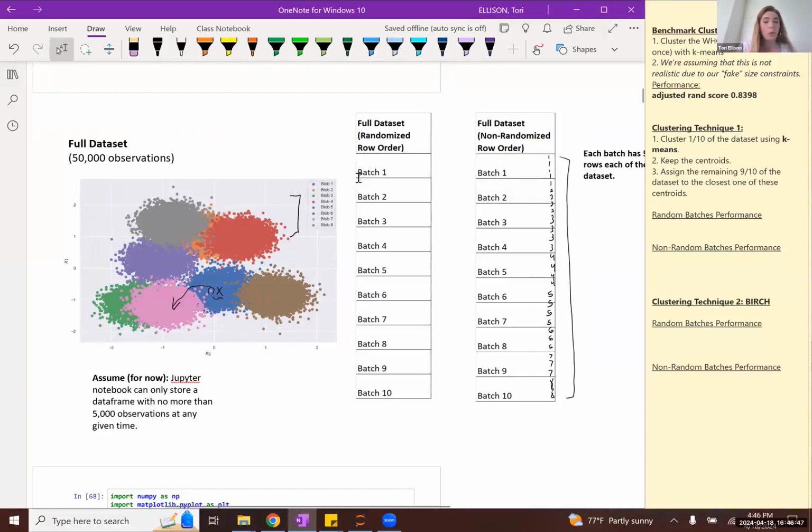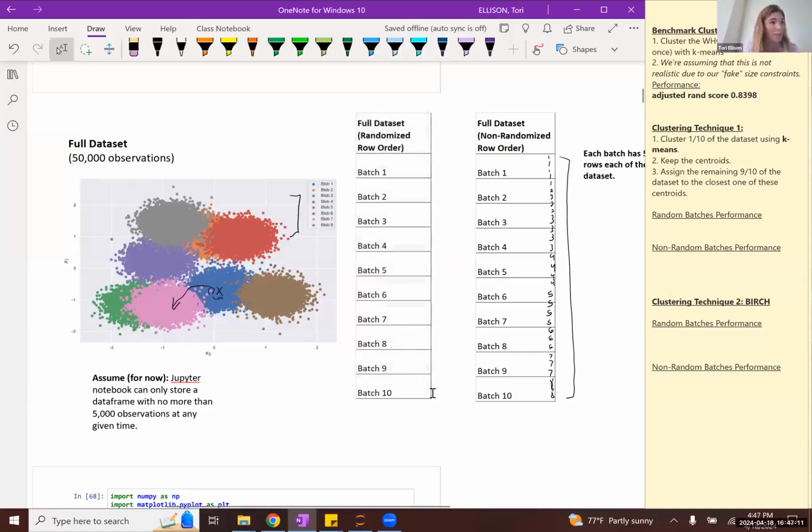We're going to see if this ordering plays any difference in how this clustering technique 1 performs. And we're going to do the same thing with our Birch algorithm. We're going to build 2 CF trees, first building a tree where we're reading in the information one by one in this randomized order.